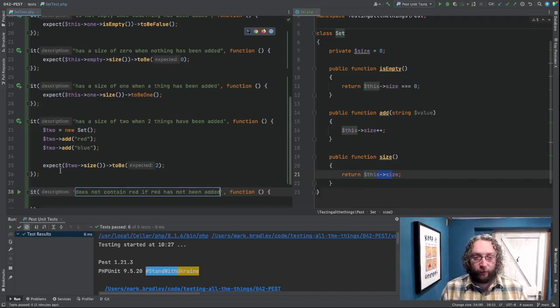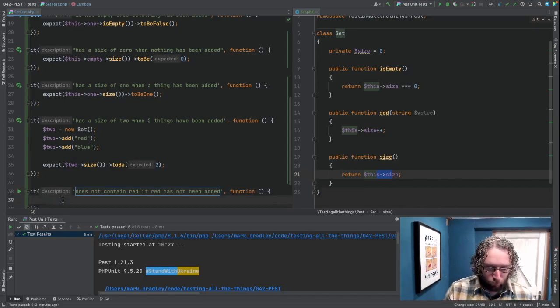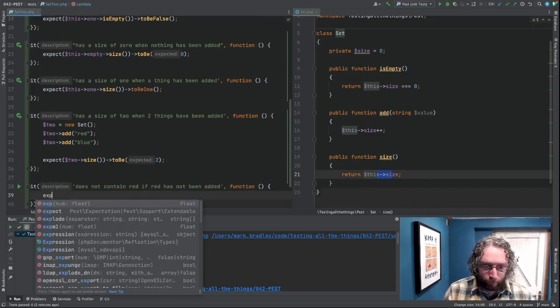Now we need a set where red has not been added. The empty set is perfect for this. So we will expect